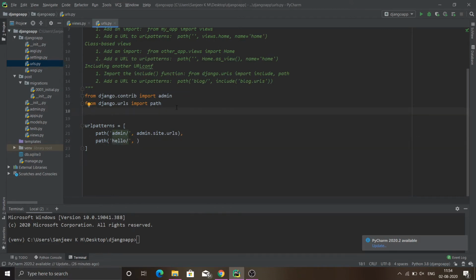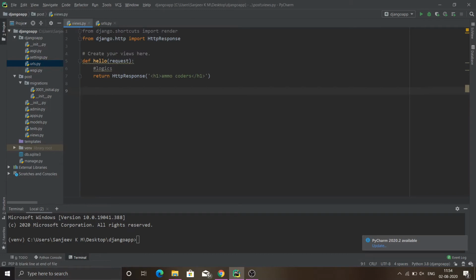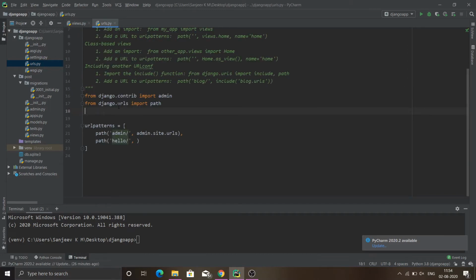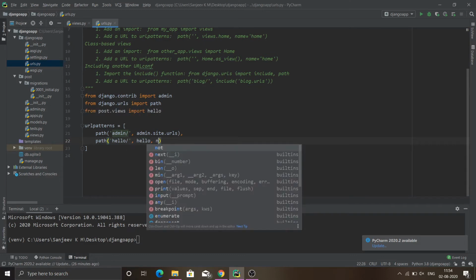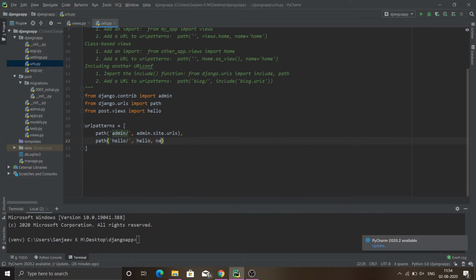To pass that, let's first import this hello view in our urls.py file, from our post application, and in the views file let's import the hello view. So let us pass this view in here, and it also accepts another attribute called name.